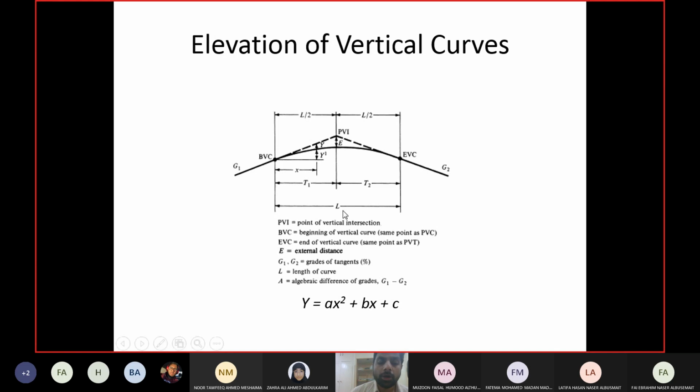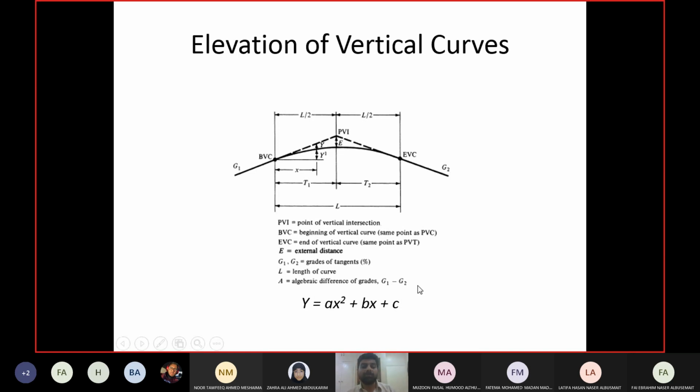Now, in order to calculate the elevation of the points, I will use this equation. And the method which I'm using is called the offset method, because I will use the offset. But if you go to some other surveying book, or someone of you miraculously remembers what they have been taught in surveying, they may have used some other method for calculating the elevation. All methods are correct if you are starting from this equation. Any method in which this equation is used in some way to calculate the elevation is correct. So we are still using this equation, so our method is also correct.